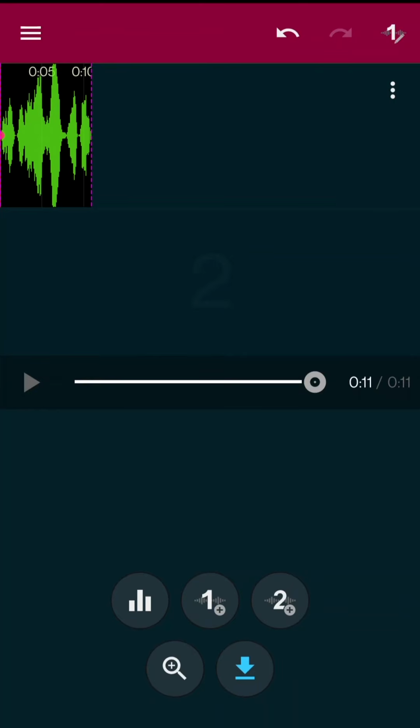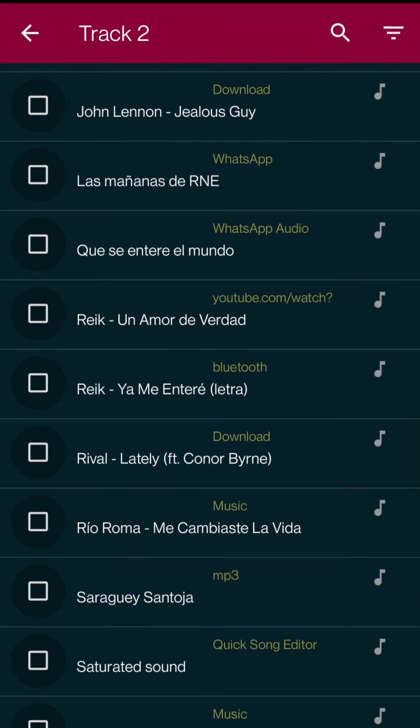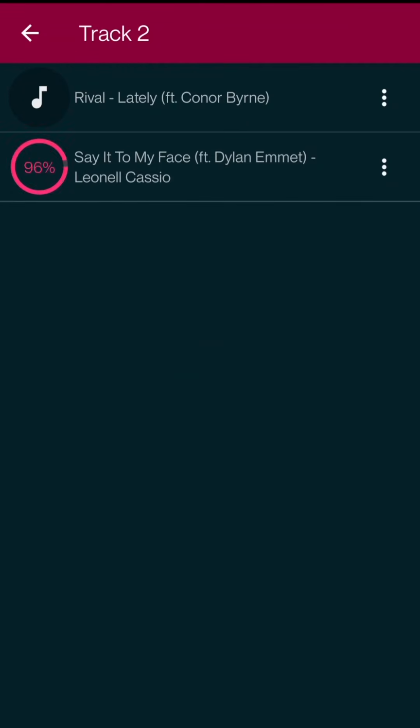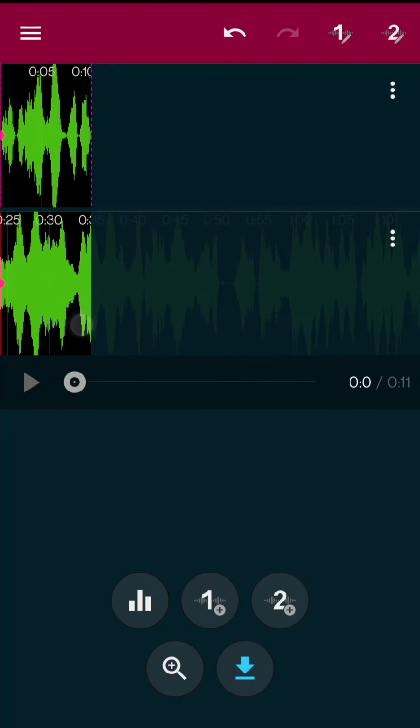The songs we are going to use to extract the rest of the pieces must be added to the second track. In our example, we are going to add the song that we are already using and some other one. Before continuing, keep in mind that the duration of the resulting audio is determined by the duration of track 1, so it will be necessary to extend its duration.